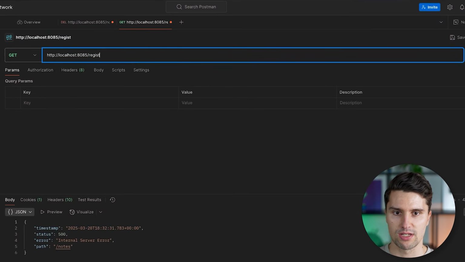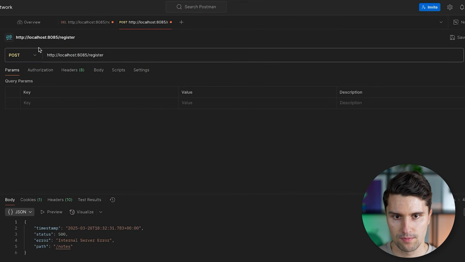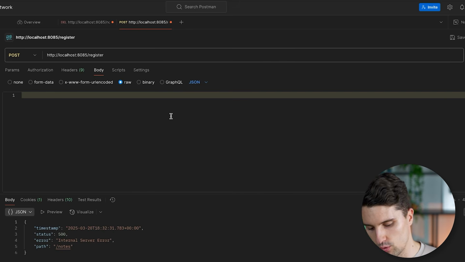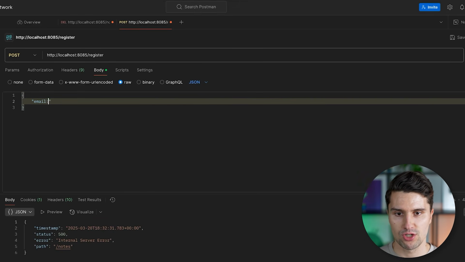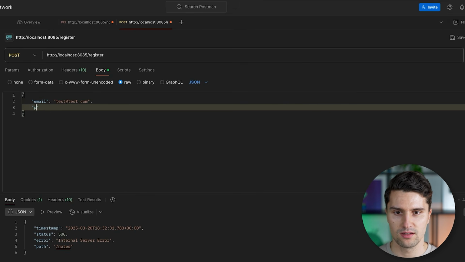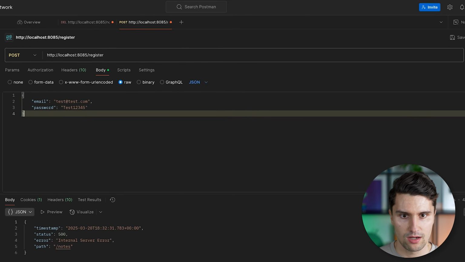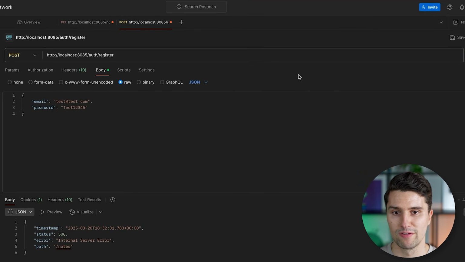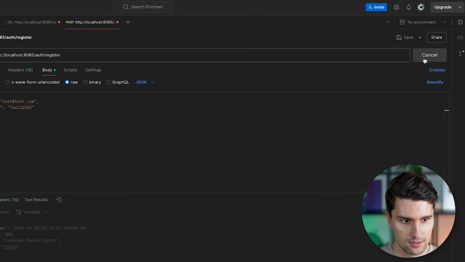Well, let's actually try to register. So we have a register endpoint. We select POST. We give it a body. Click on raw to attach a JSON request. And we now want to register with an email, which may be test@test.com, and a password, which we can set to something like this, test12345. If we now send this to the actual auth register endpoint, that is the one we've specified,